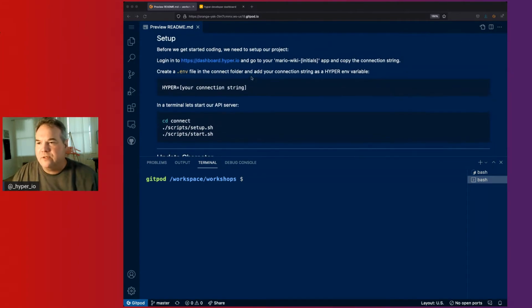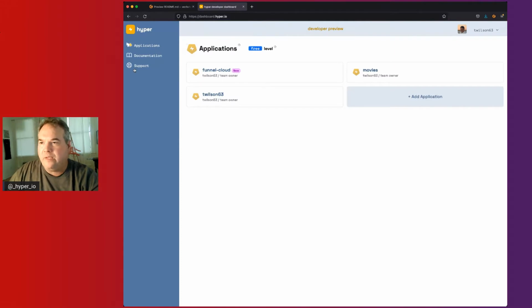And before we get started, we just have to set up our environment. If you've loaded it in Gitpod, you're really close to completion. We just have two additional steps. The first step is to create an app in Hyper Dashboard. Here I've already, well, let's go ahead and create a new app. So I'll create a new app,